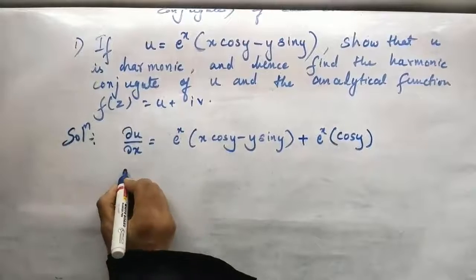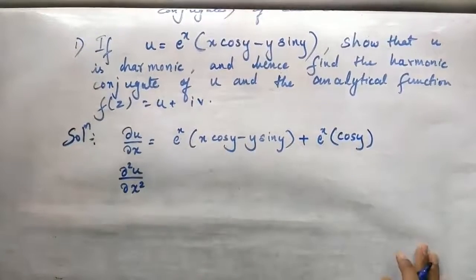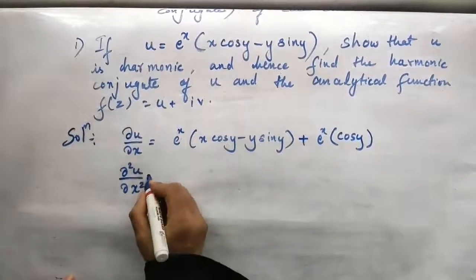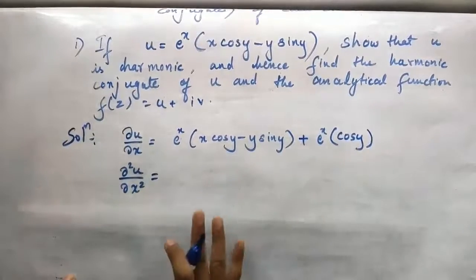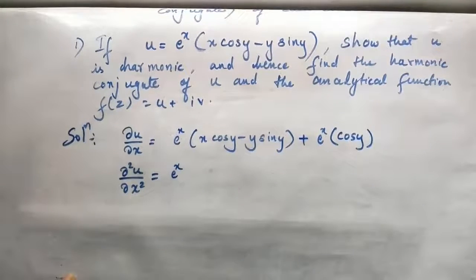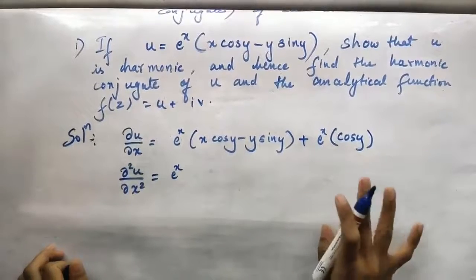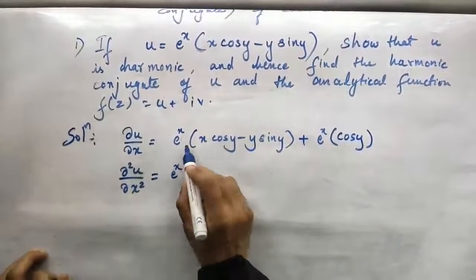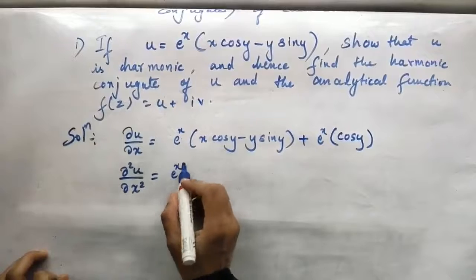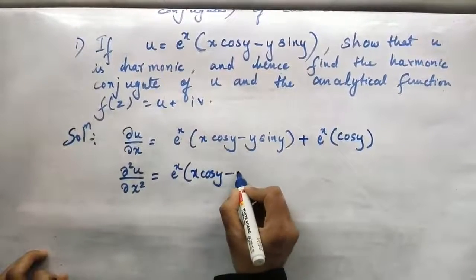Now I want dou square u by dou x square. Either you can simplify and solve it, or else directly I am doing it because it is e to the power x. Now let us differentiate this. I'm not simplifying it, I'm directly differentiating now. Once again, you have to apply the u into v rule to this. E to power x derivative is e to power x, x cos y minus y sin y,